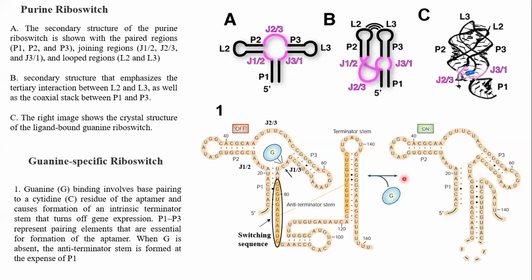Now, how does this happen? You have to remember the coupled transcription and translation in bacteria, that is, the prokaryotes. In bacteria, when transcription is going on, the mRNA will come out of the RNA polymerase complex. You know that mRNA is made up of three parts: 5' UTR, coding region, and 3' UTR. When it comes out, first the 5' UTR will come out, then the coding region, and then the 3' UTR will come out. That's why these riboswitches are present in the 5' UTR.